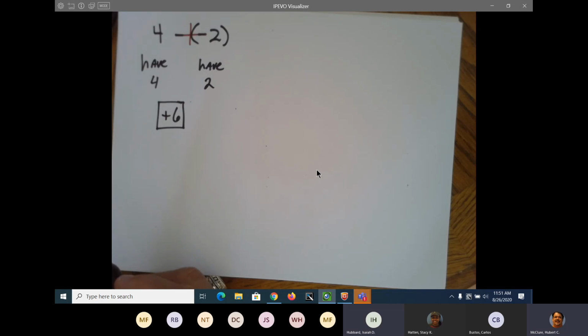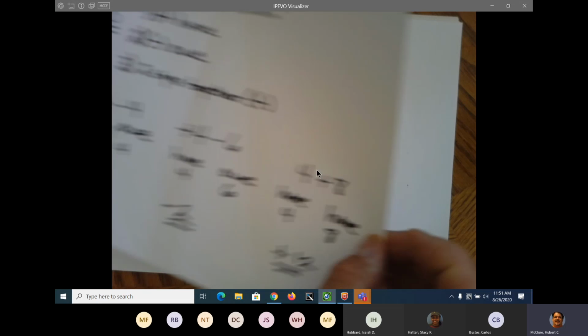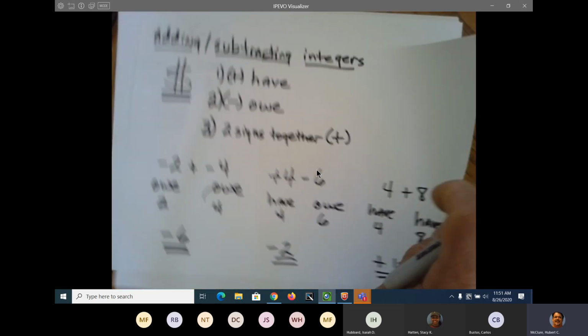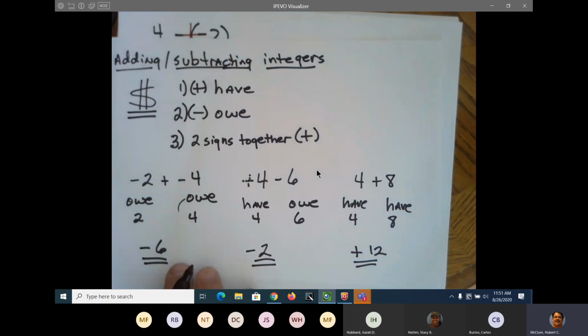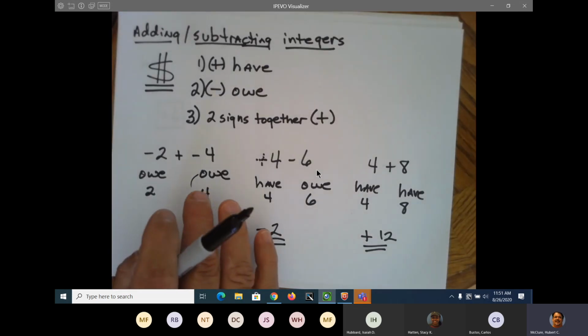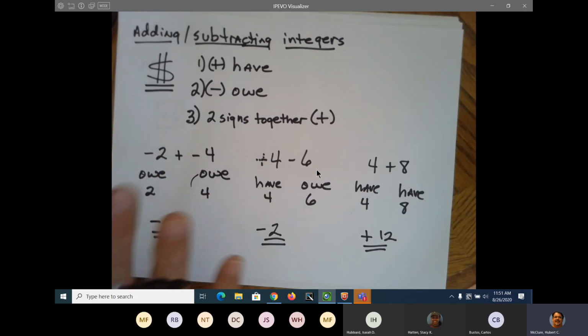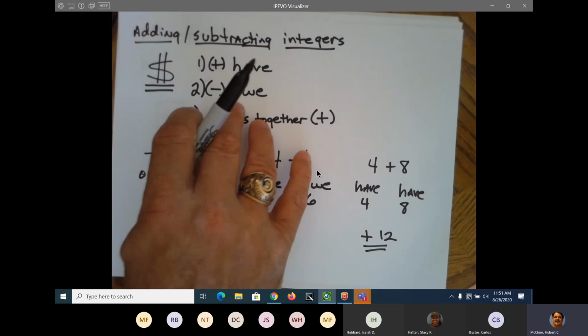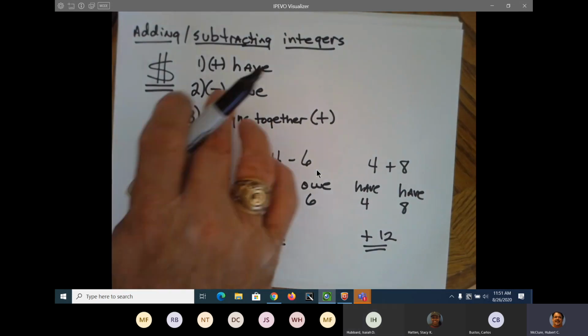Yeah, I can see how that can be simple. Good. And if it works, you keep doing it. This is the way a lot of people say, well, where'd you come up with this? Well, I came up with this when I was a student at Tri-County Tech. Now, I'm not saying that I came up with the money thing. I'm not saying that. I started using it. How about that? Because I know somebody probably thought of this before I did, but I started using this when